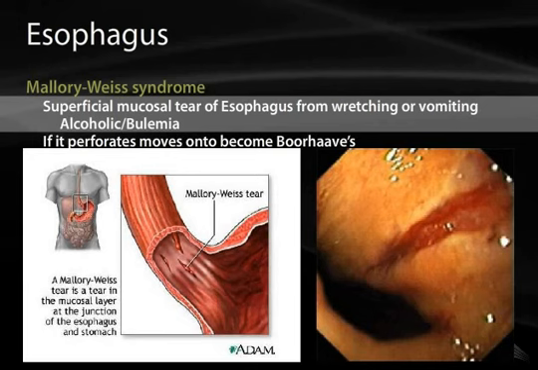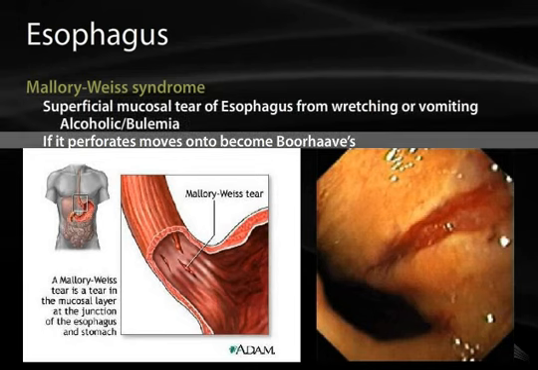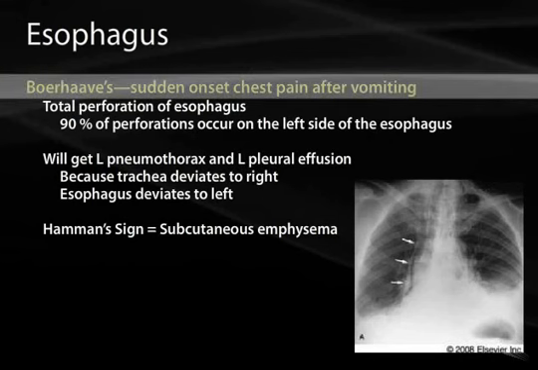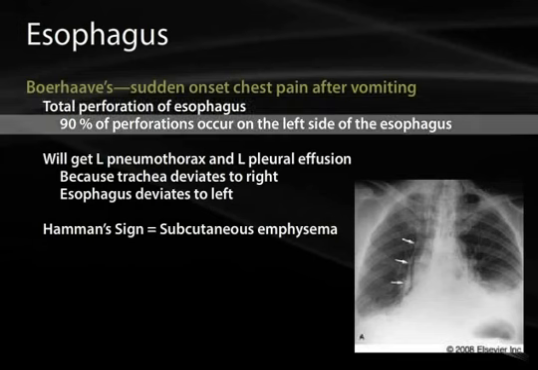It's often seen in alcoholics and in patients who make themselves vomit, such as bulimics. If a perforation occurs secondary to extreme vomiting, this then is called Boerhaave syndrome. Boerhaave syndrome presents by sudden onset chest pain after vomiting, and 90% of perforations occur on the left side of